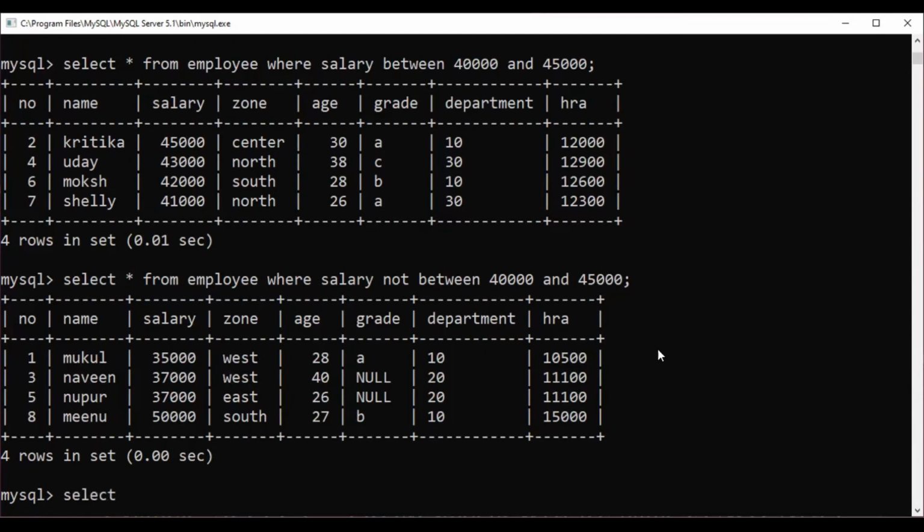Select star from employee where zone in, what will we give? North, comma, west. North, west, and south we will do. North, west, comma, south.